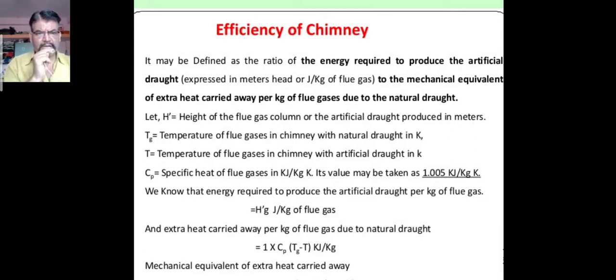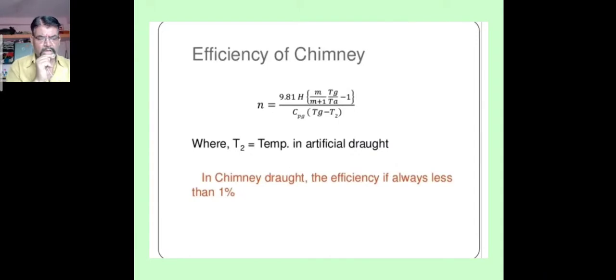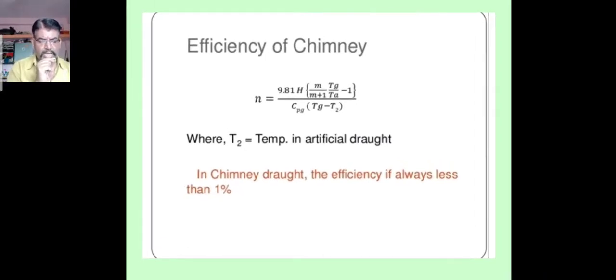Now I will state how the efficiency of the chimney can be stated on the basis of the mechanical equivalent of the extra heat carried away, which is given by 1000 Cp (T2 minus T1). As I told you, Cp is the specific heat at constant pressure, T2 is the temperature of the flue gases in the chimney with natural draught, and capital T is the temperature of the flue gases in the chimney with the artificial draught in K. Therefore finally the efficiency of the chimney can be written as H dash g divided by 1000 Cp (T2 minus T1),